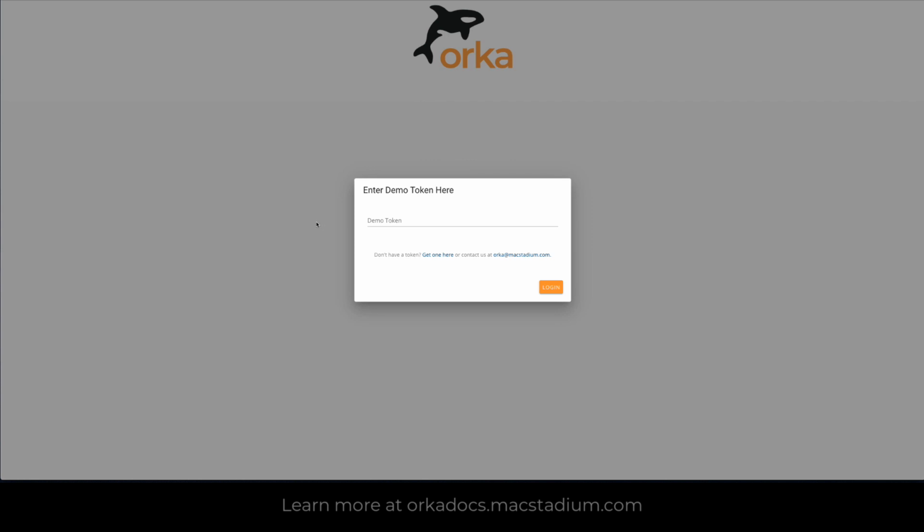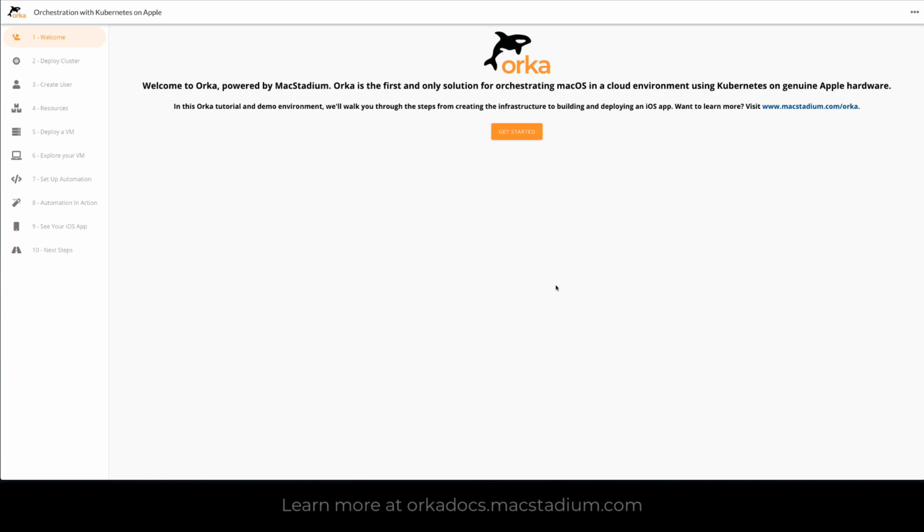One of the first things you do once you sign up is you'll receive a demo token, and this really helps you start the demo process. So click on your link when you receive your email, and the first thing you're going to want to do is paste in your token. I do recommend copy and paste, that way you don't mistype anything or have spaces or all those kinds of things. Once you do that, you're going to click login, and you're going to get this page, which basically is